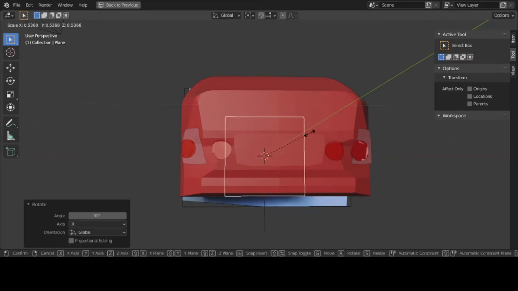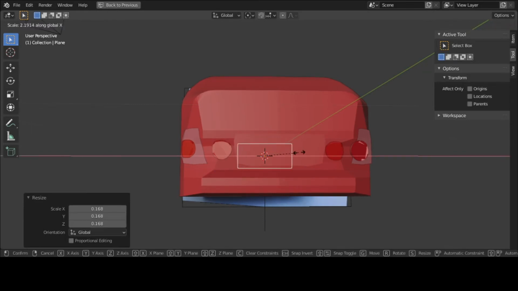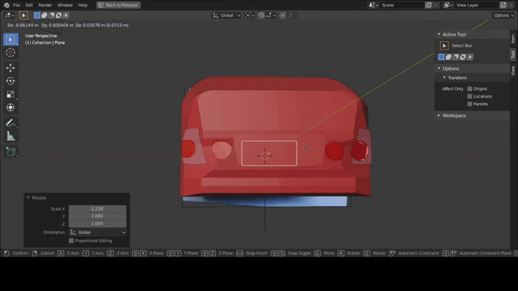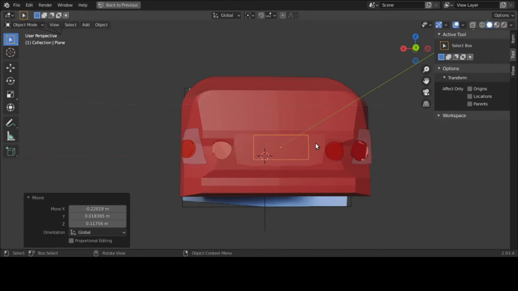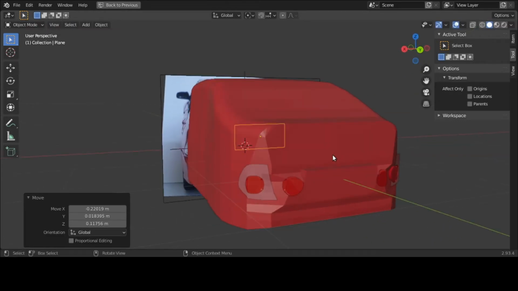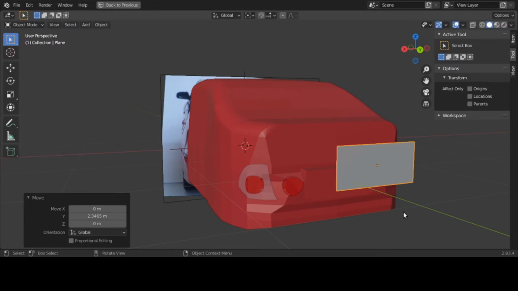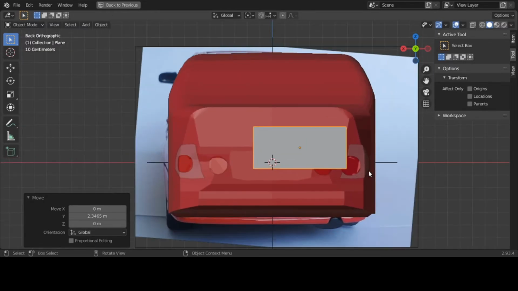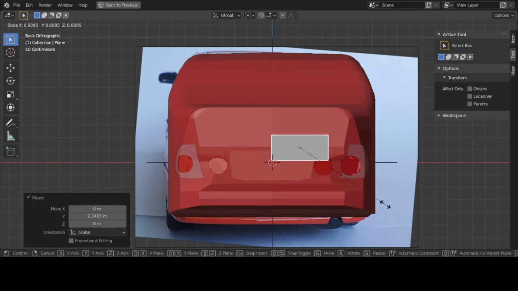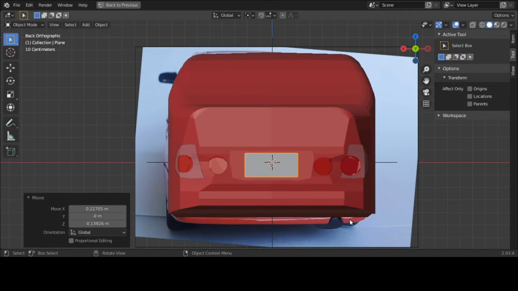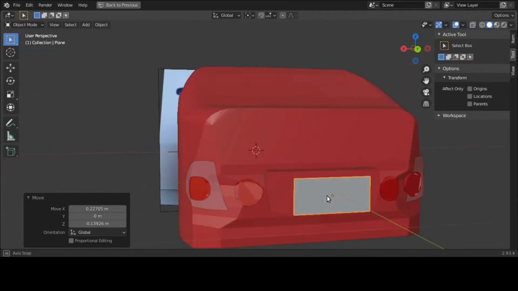Scale X. Move it. Put it right in the center right there. Now, see, I have to drag it on the Y till it comes to the back. There it is. Then we go back to my back view. I gotta scale it down some more. That looks good. Put it right there in the center. And I wonder,